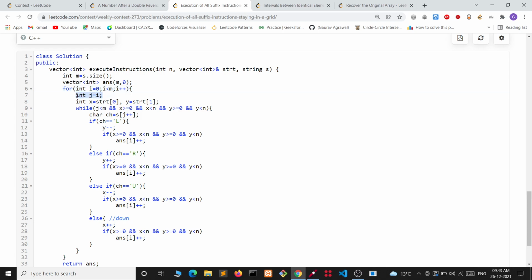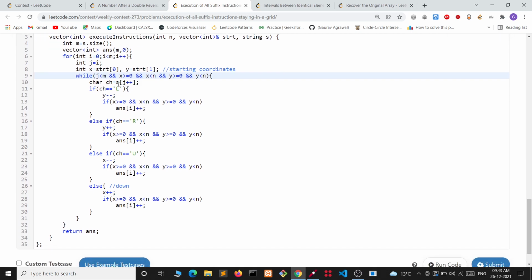We are making j equal to i. These are the starting coordinates, and then we have put the condition that j is less than m, x is greater than or equal to 0, x is less than n. These conditions are telling that it is inside the grid, and this is telling that there are some more instructions left in the string s.